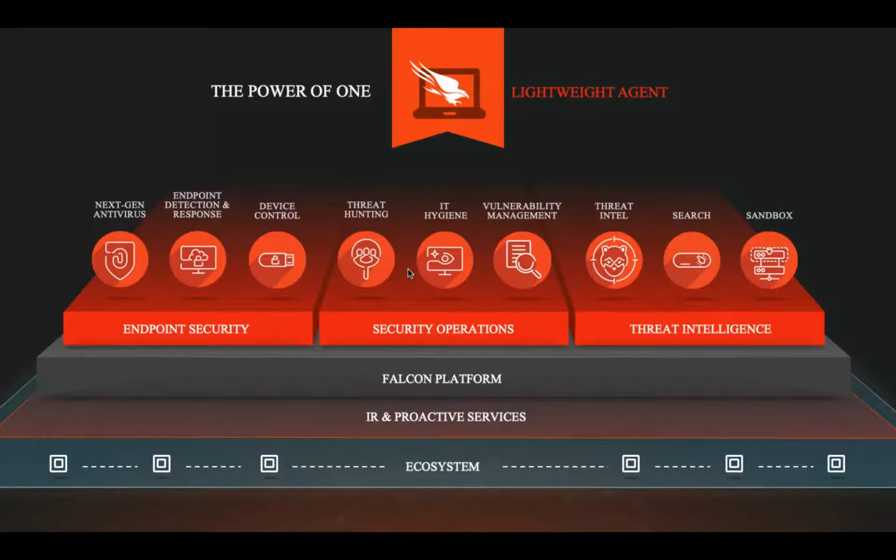Okay. Then there is the IT hygiene component. It lists out all the applications running inside your infrastructure, and shows you which hosts are using those applications. Along with that, it also shows you what kind of assets are running: managed assets, unmanaged assets, and unsupported assets. Managed assets are the ones in which the CrowdStrike agent or CrowdStrike sensor is installed, and unmanaged assets are the ones in which the CrowdStrike sensor is not installed.